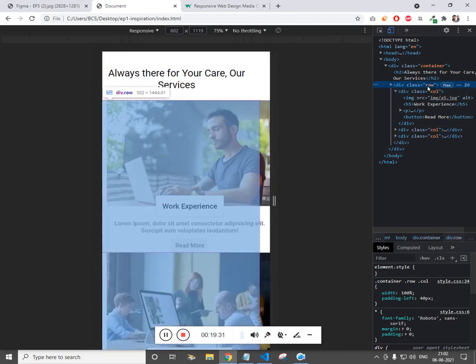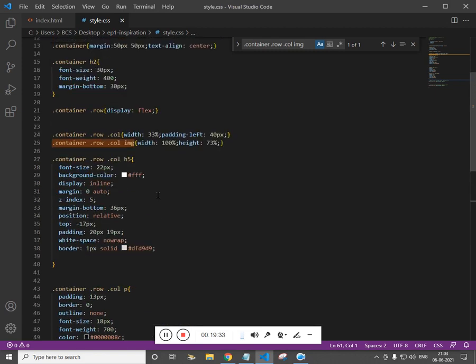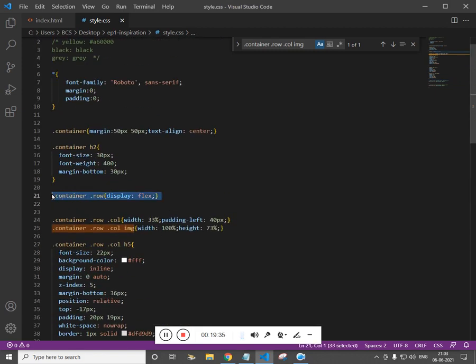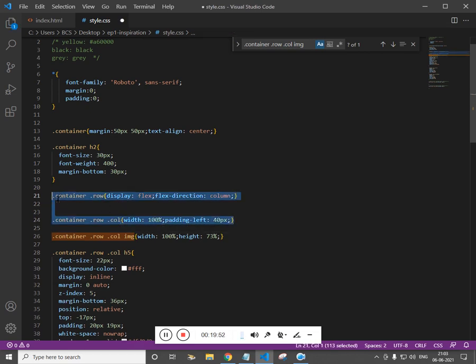That's it. So get the row and add the flex direction column, and then we have to use the width of 100% for the mobile, and the same way let's do this